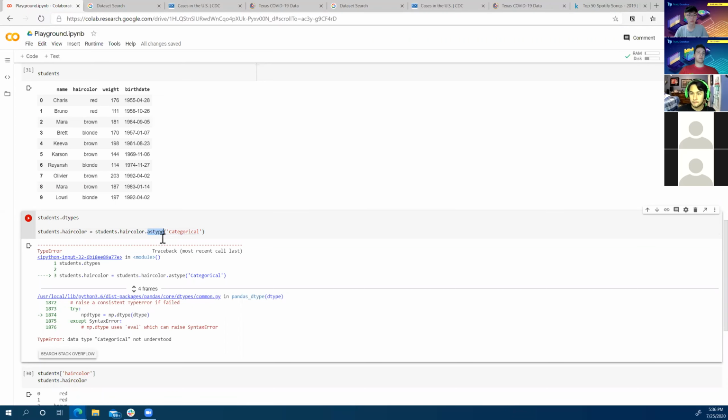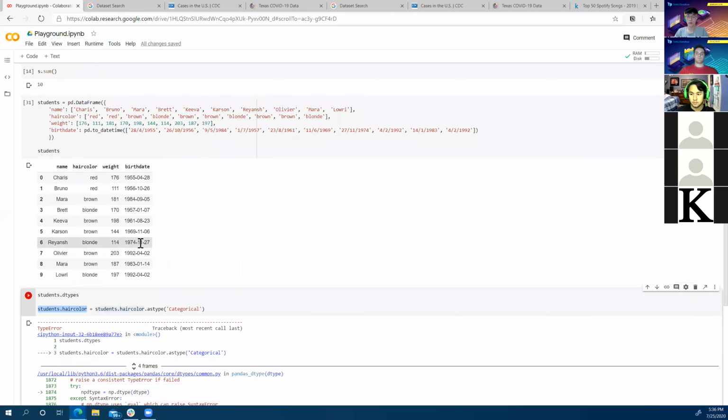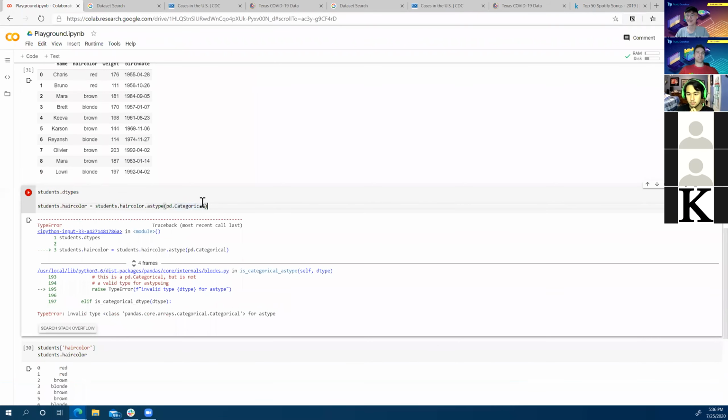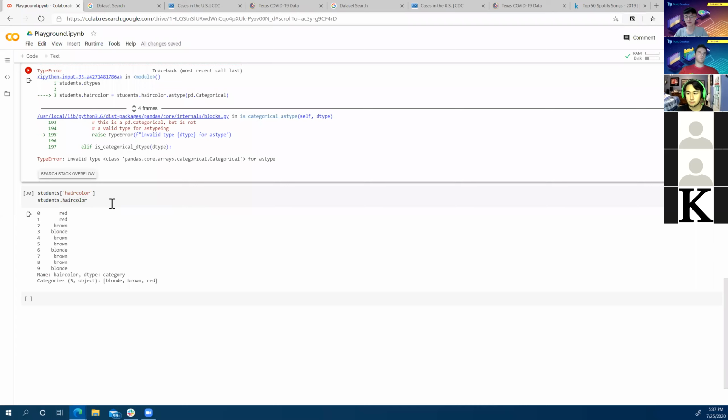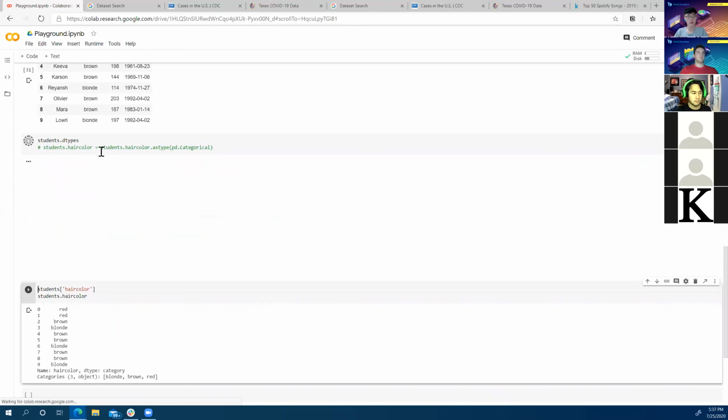There's a way to use asType, and we'll actually have an example, I think, down below, but there's a way to interpret a column as a type and reassign it back to students.haircolor. So you basically— It might be without the string, Seth. It's not without, it's without the string. So I'd say pd.categorical. Okay, we're not going to get lost down this because we could play around and figure this out. I'm sure just a quick Google search will fix that one, but there is a way to basically reassign a new category back into the column that you're interested in. And we'll come back to that one later. Thanks for the question.